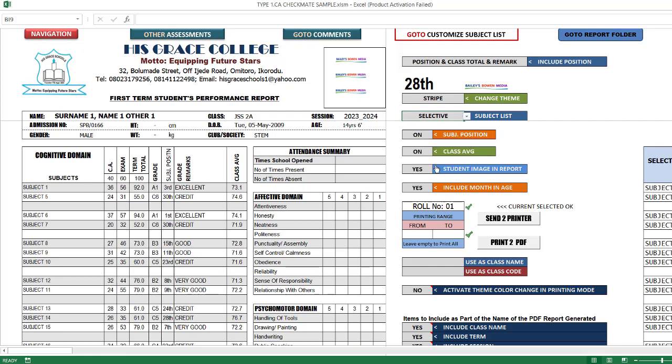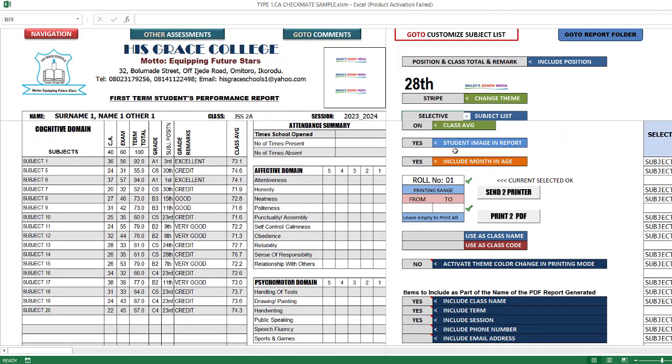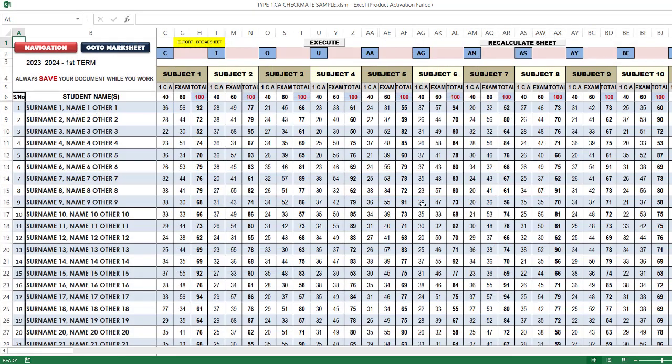Now elective has to do with subjects that, like its name implies, are elective subjects. Let's say for students in science and commercial and arts classes and all that. It also presents the same number of subjects that are being offered by that particular child that has a score. So what does this mean? Let's say we go back to our scores, and then